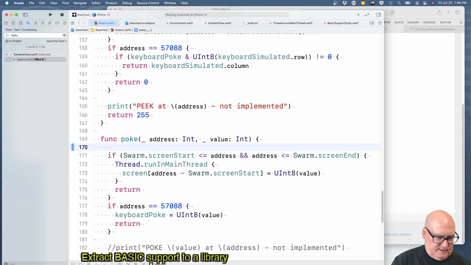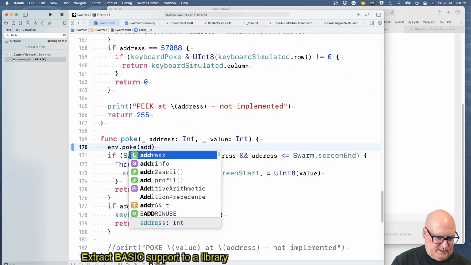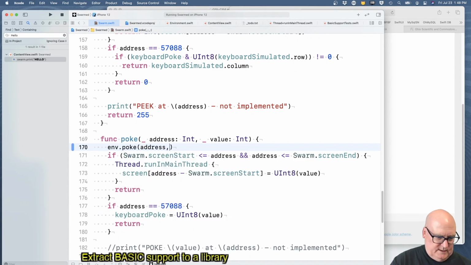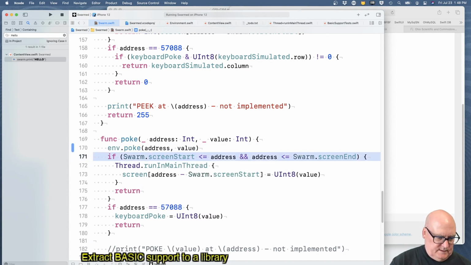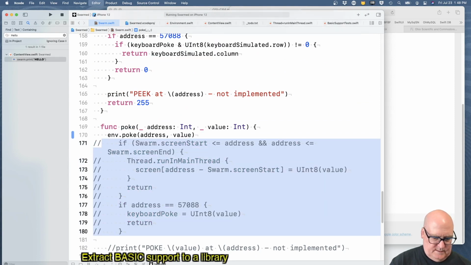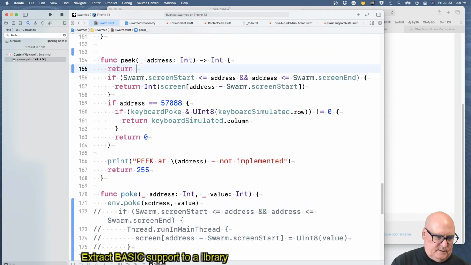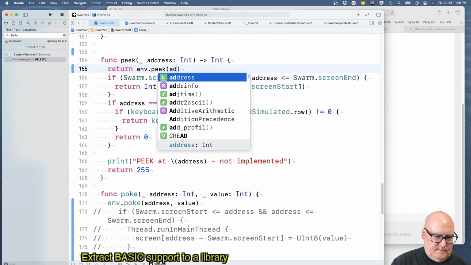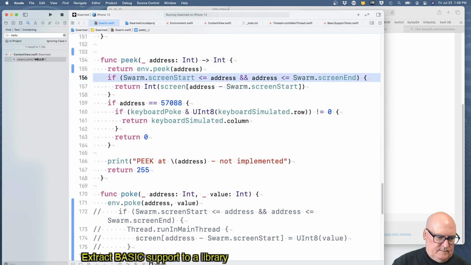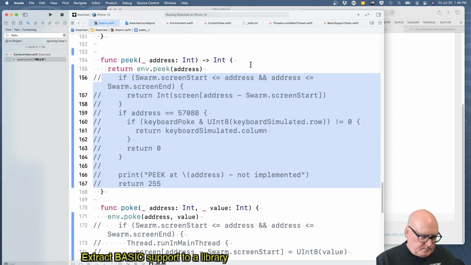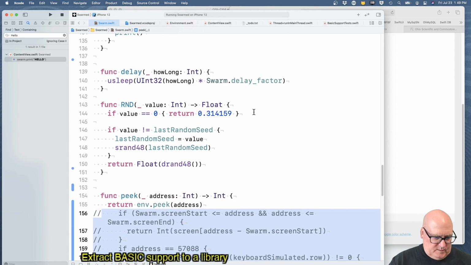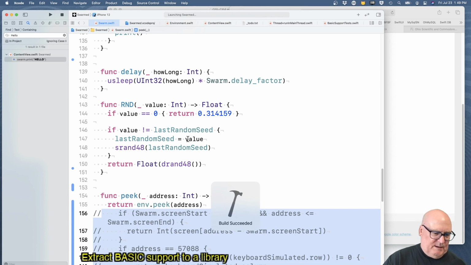Poke is env.poke address value. And then peek is the same. What about rand? Well, we can do that one later, I guess. It's the same implementation, so